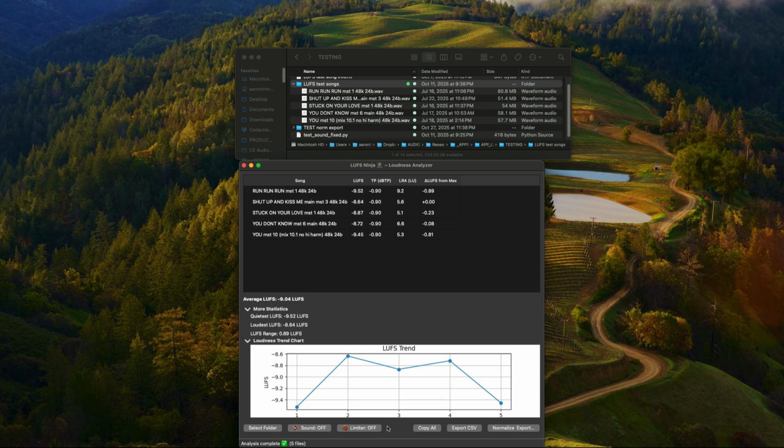A couple of other features, I'm not going to go over everything, but we can drag and drop. We can also select the files, and we have exporting ability. So you can export a CSV if you need this information, just for another engineer, for your archiving, for analytics, anything like that. You can copy all the information,